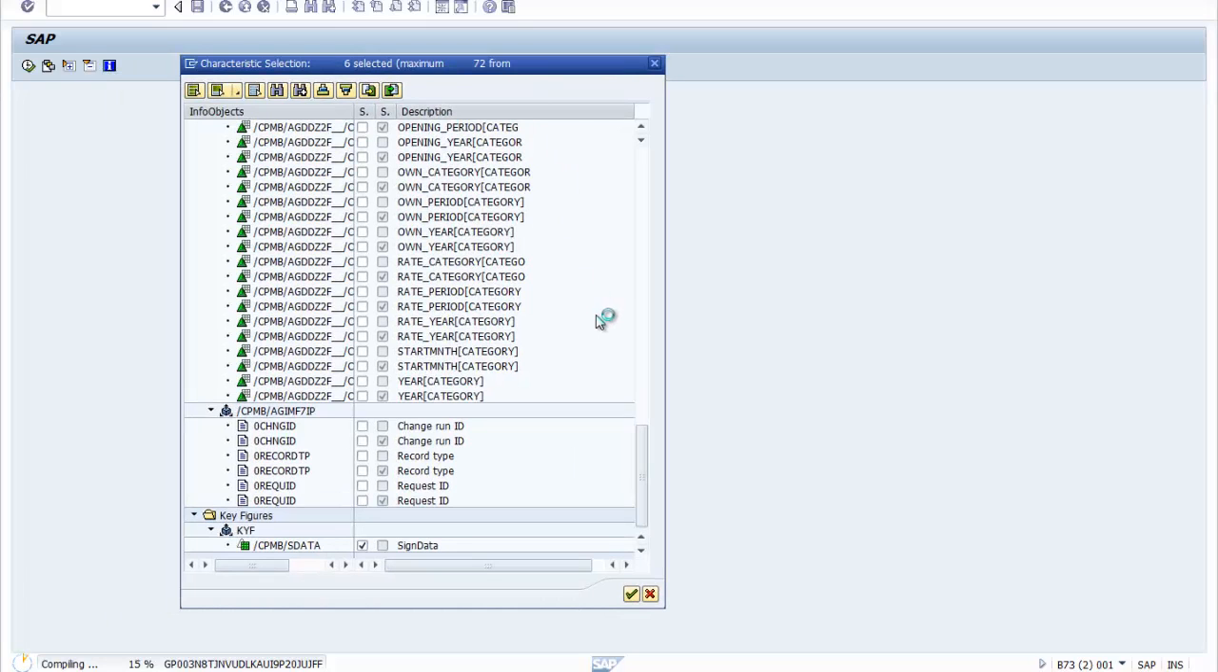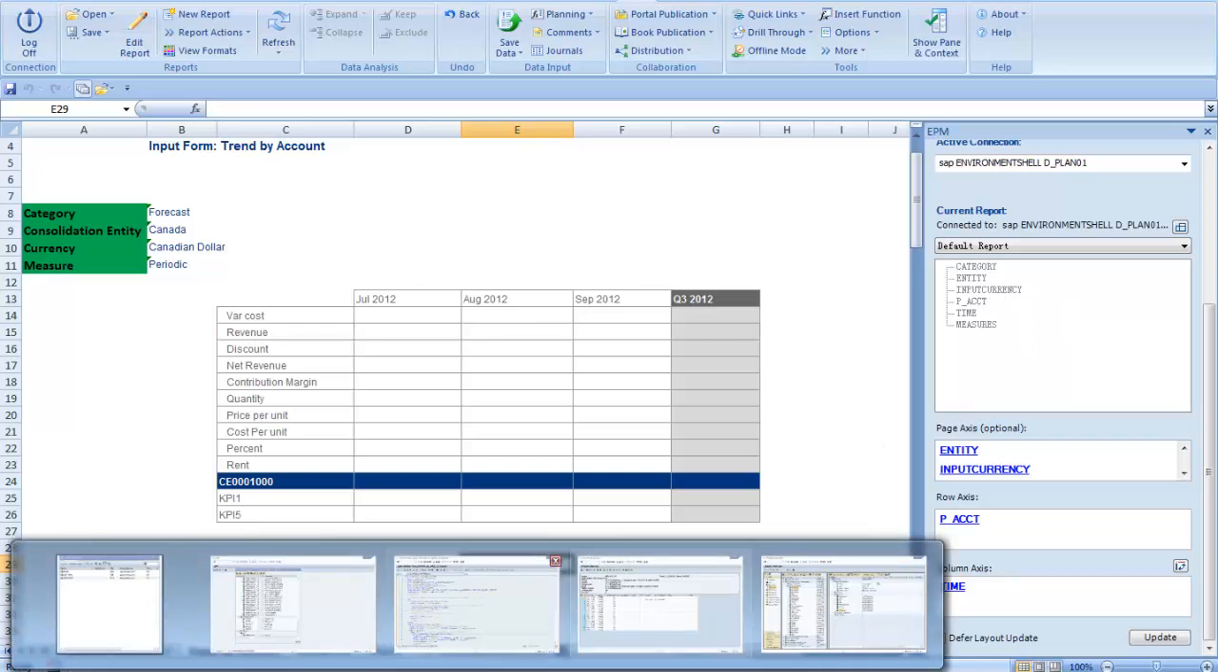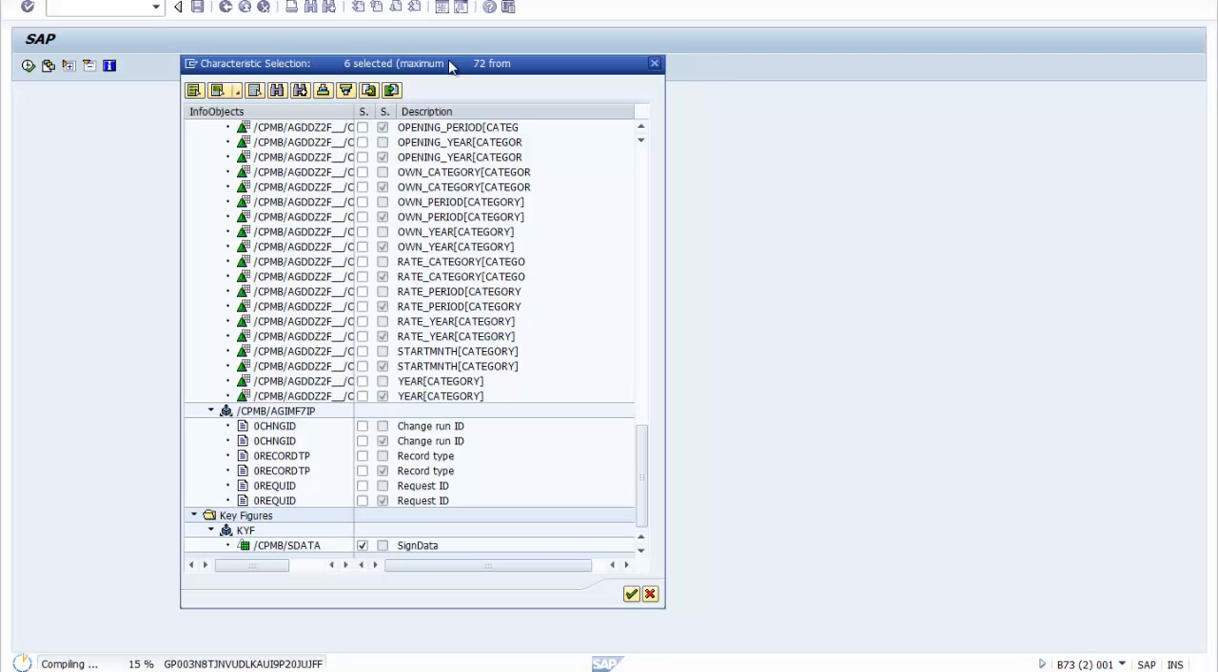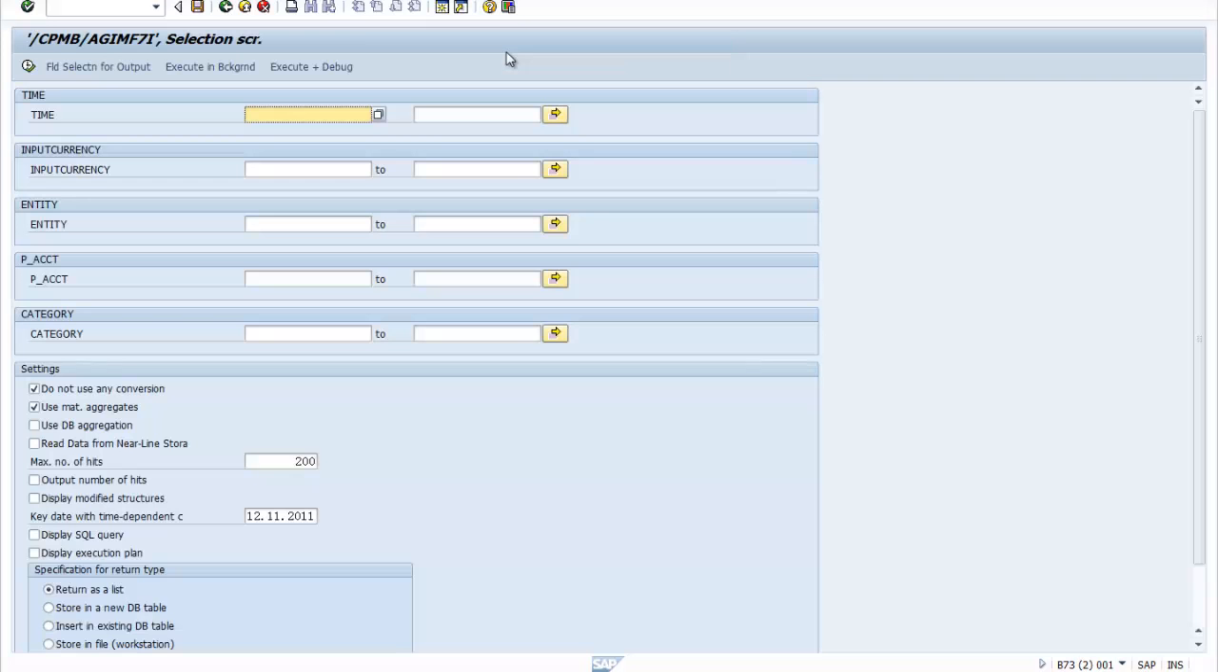Still running, and let's see, make sure I choose the correct dimension. 1, 2, 3, 4, 5, 6. Yeah, here still running. 6 selected. Okay, I believe I have already chosen the correct dimension, and have a quick look at the data in the